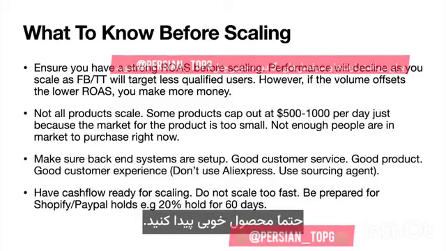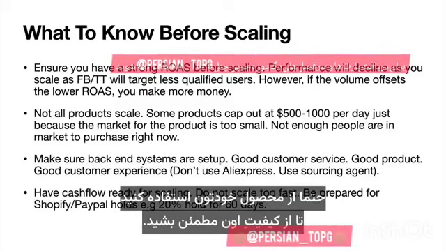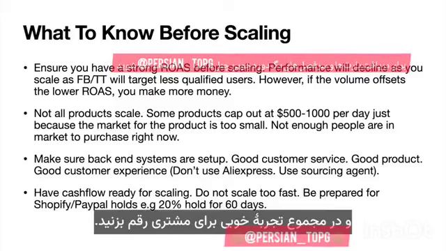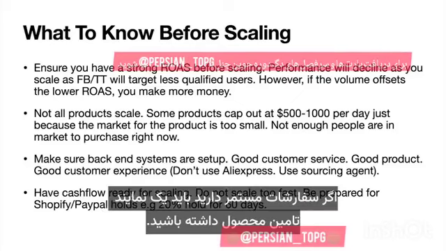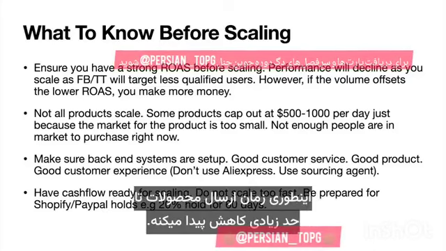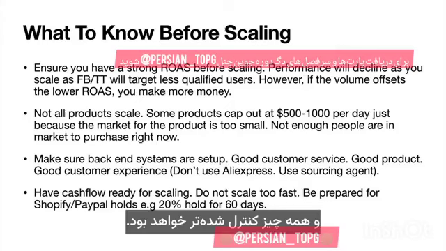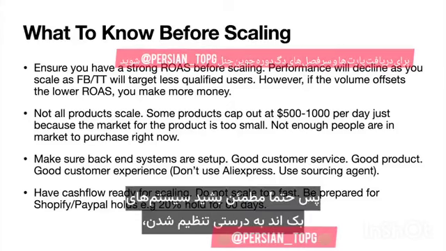Make sure you have a good product. Make sure you've sampled the product and the quality is good. And overall, you want to have a good customer experience. So don't use AliExpress at this stage. If you have consistent orders, you should have a sourcing agent right now, which means the shipping times will be a lot faster and everything will be more controlled. So make sure the backend systems are completely set up.